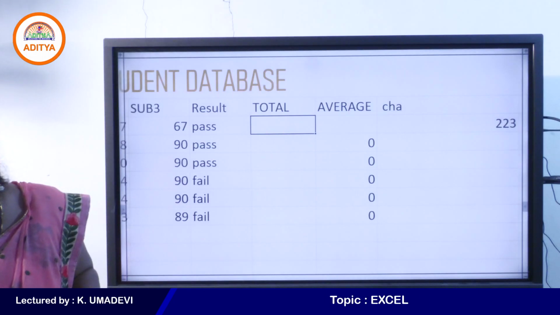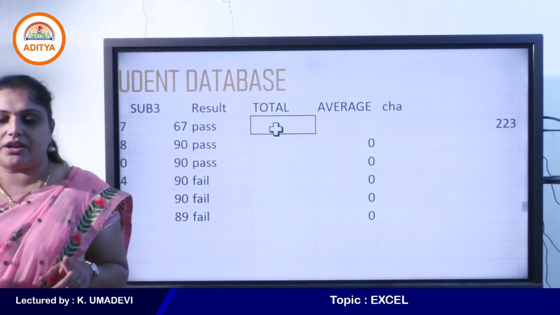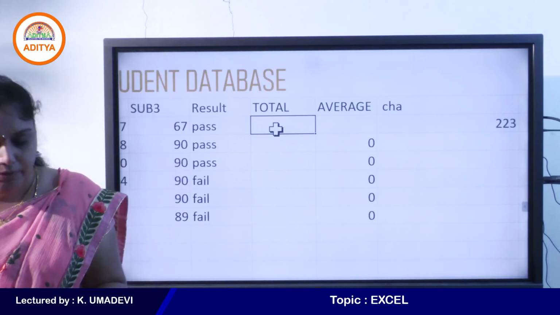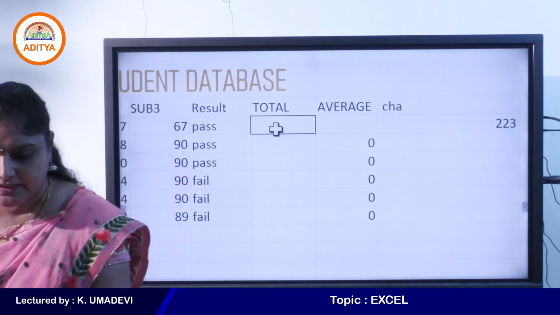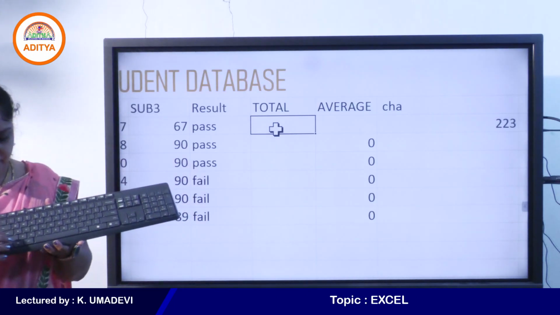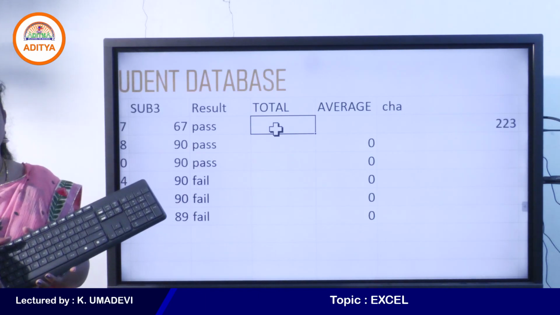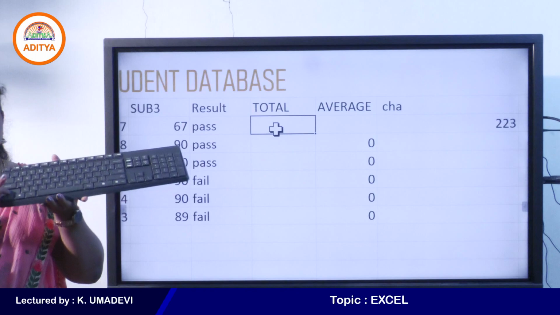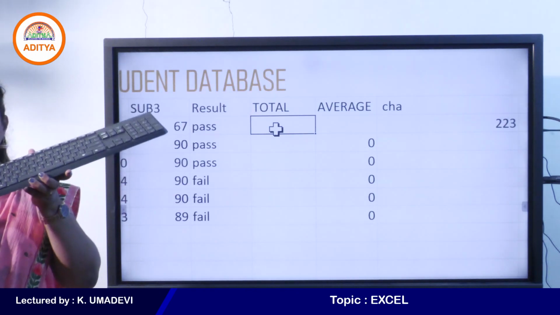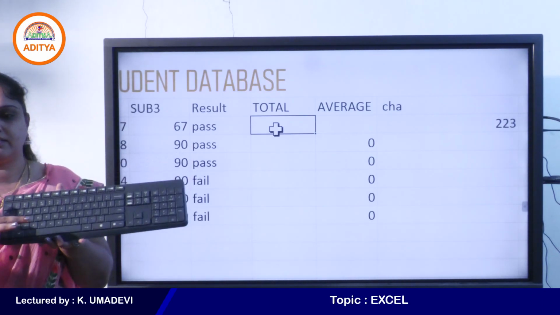Yes, first press and hold the control key, and then press another key. For example, if you want to press shift plus F3, first press and hold the shift key and then press F3. Okay, first press and hold the control key or shift key. Why? Because control, shift and alt are used as combination keys, and then press another key. Clear?